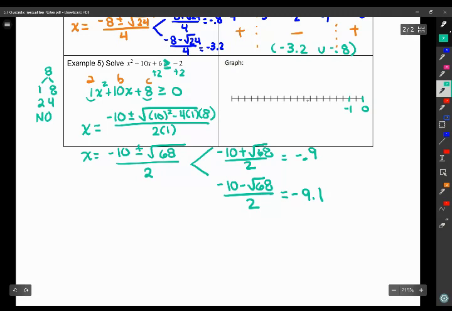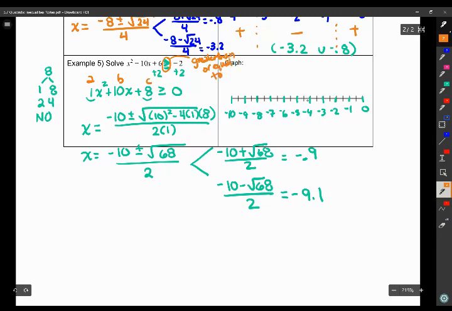So 0, negative 1, negative 2, negative 3, negative 4, negative 5, negative 6, negative 7, negative 8, negative 9, negative 10. Now, because it's greater than or equal to,